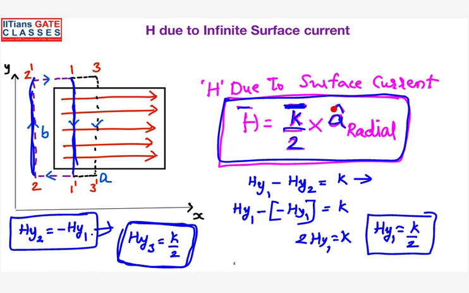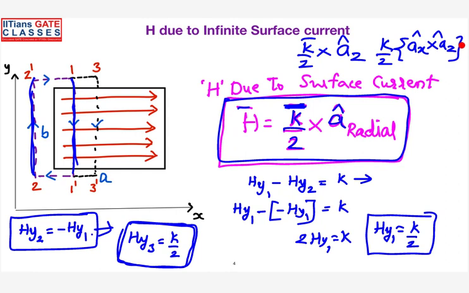So in the same example, suppose you consider the observer lies on the top side of the sheet. Whatever the surface current is there, the observer is located on the top side. In that case, what will happen? So k by 2, when it is on the top side, the perpendicular direction will be az. You know that k by 2 is the magnitude and the surface current lies in x direction and the radial direction is z.